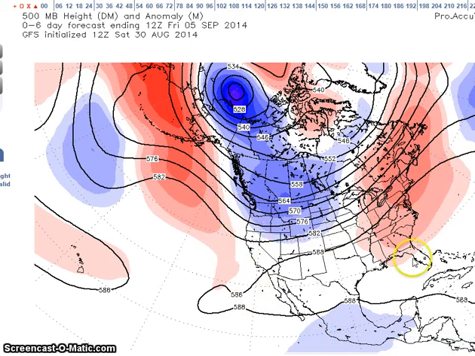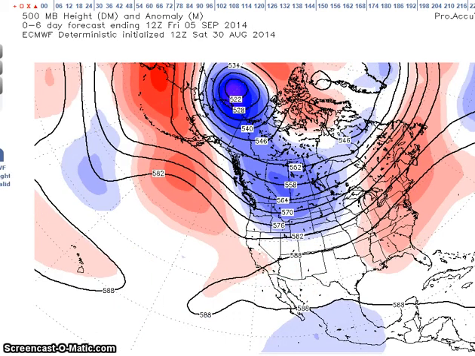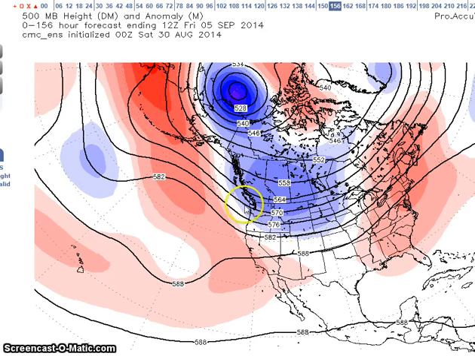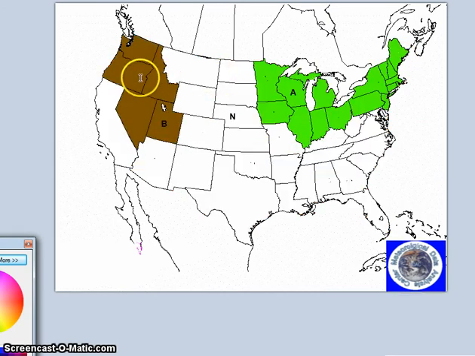And here's our subtropical ridge across the southern U.S. We're looking now at the GFS, the GFS ensembles, the European deterministics, the European ensembles, and the Canadian ensembles, all showing this relatively flat flow. So during this forecast period, I am forecasting below normal temperatures here, above normal temperatures for this region, and for precipitation, forecasting below normal precipitation for this area and above normal precipitation here.